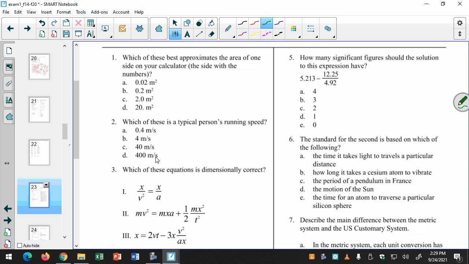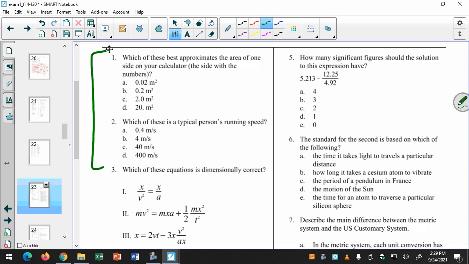You see how I have 2 here? You're going to have 2 as well on your exam. But they pretty much follow the same format. So usually I'll either give you a picture of the object on your exam, or I'll give you an object that's really familiar to you. I might ask you the length of something. I might ask you the area of something. You have to be careful that you watch the units. So for example here, if you look at your calculator, you wouldn't normally measure it in meters, so you have to be careful in how you